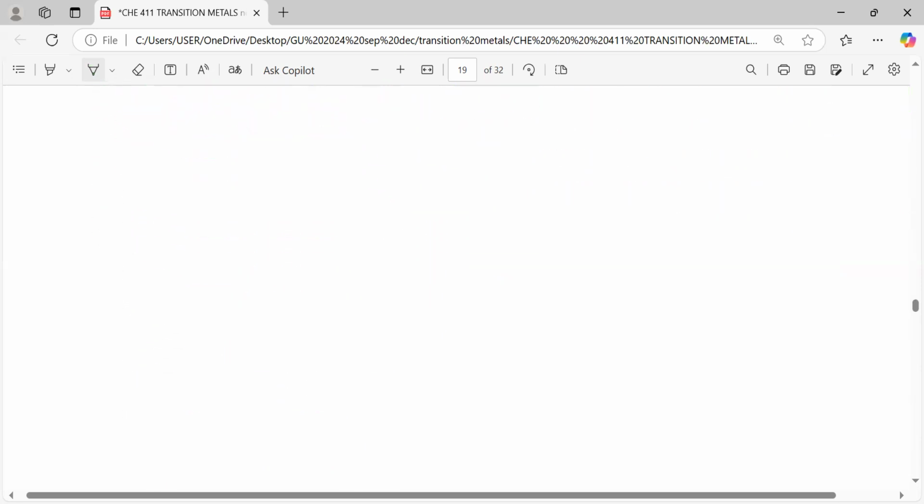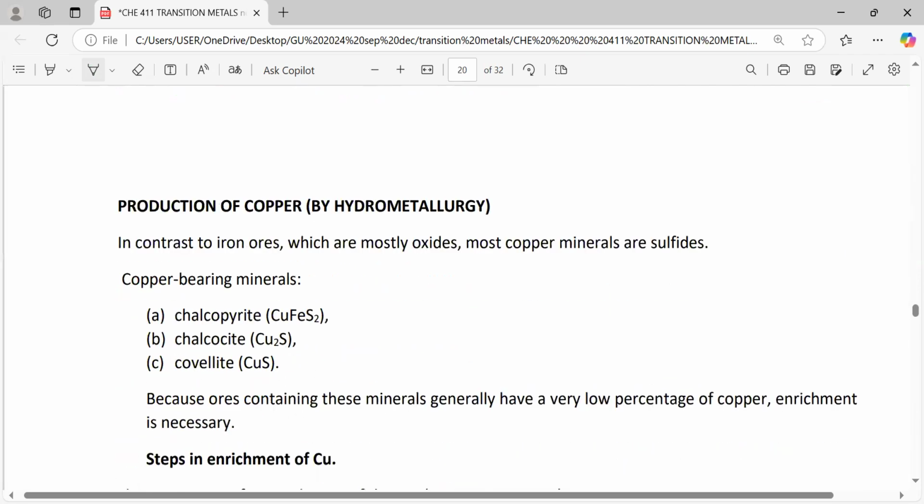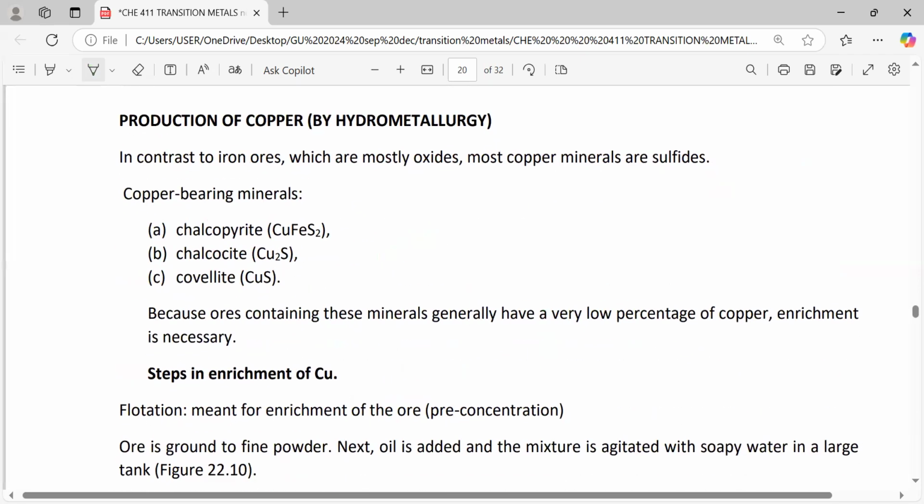So I will scroll down. We see copper. How is copper produced? Copper is produced via different methods depending on the mineral that is being processed. So you have those three minerals, all of them are sulfides, and you're told they're very poor in copper content, and therefore you do what we call enrichment or pre-concentration, whereby you crush your ore